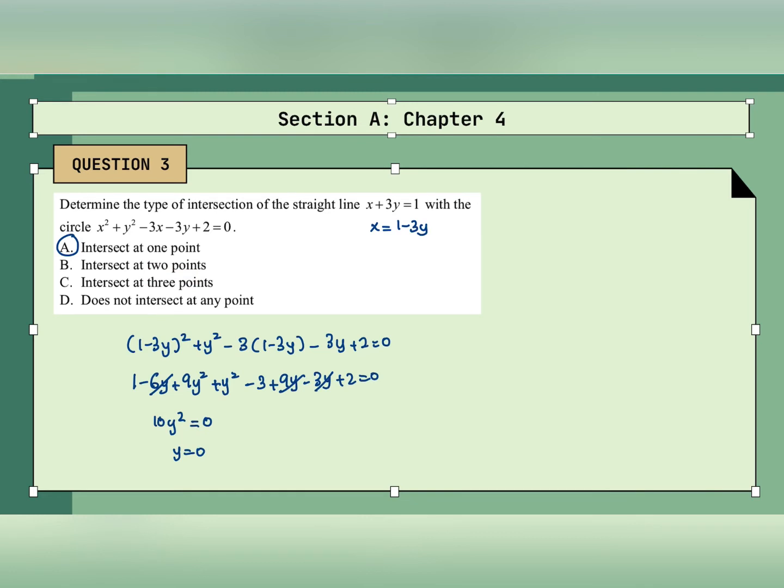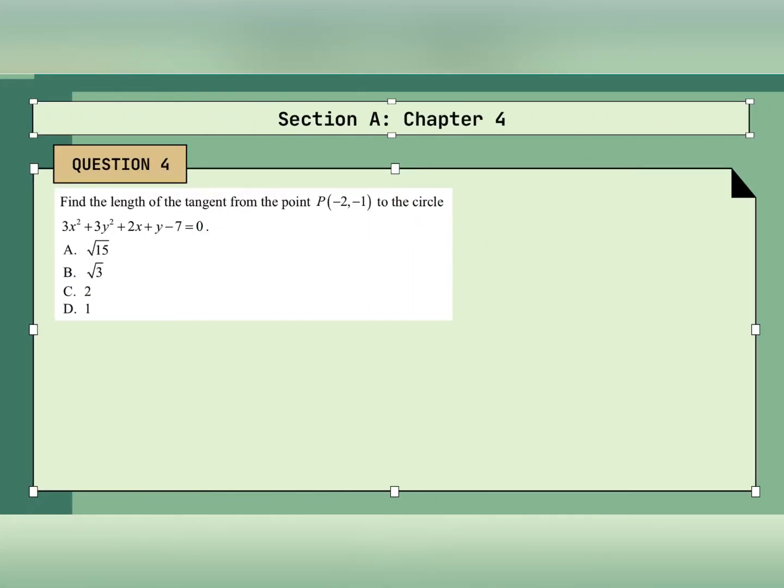Okay, and now question number 4. Find the length of tangent. Okay, so this one adalah length of tangent from point negative 2, negative 1 to the circle. Okay, so we know that this will be our circle. Dia nak length of tangent kan. So ini adalah kita punya tangent. And